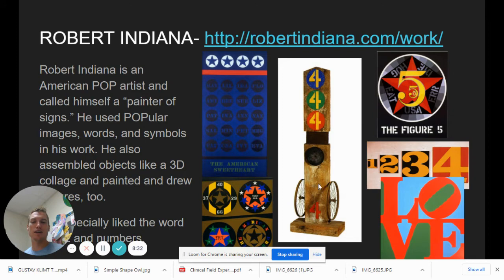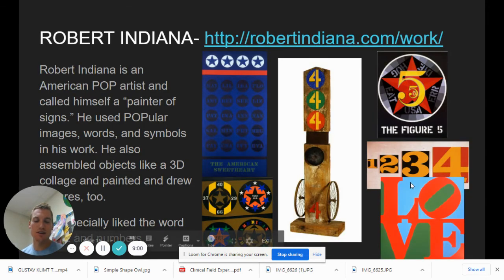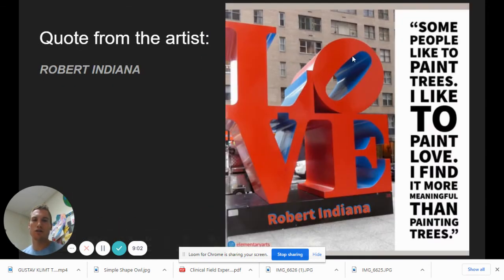And here's a collage sculpture, putting some strange things together. But then the love is his most famous paintings and sculptures. He even made sculptures of the word love. And he always tilts that O in love off to the side. So it's the circle of the O, but then the middle is like a sideways diagonal oval. So here's a sculpture of that love. We just saw the painting on this side, and then he also makes sculptures of it all over.